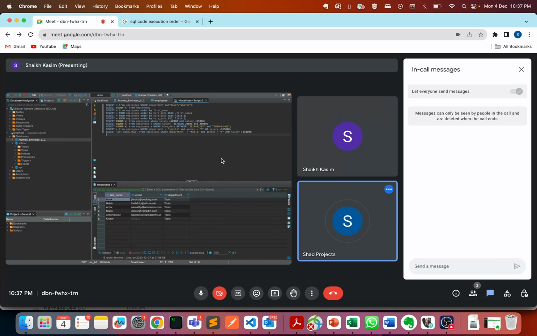text functions. When I say string functions, it basically means lowercase, uppercase. So if you want to match, for example, let's say I want to write a query: select star from employees where